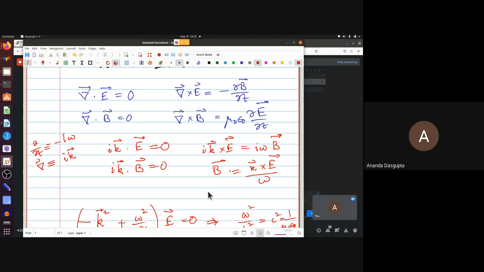But once again, you have to be careful. When you calculate the energy density, for example, what is the energy density for an electric field in EM theory? How much energy density? Half epsilon naught E squared. Right. But that's not a linear thing, right? It's square.